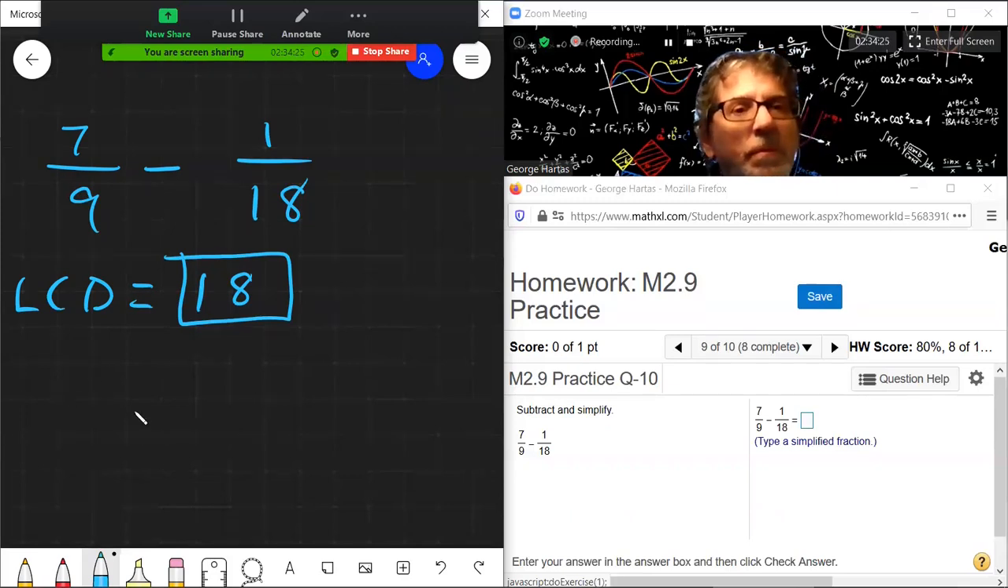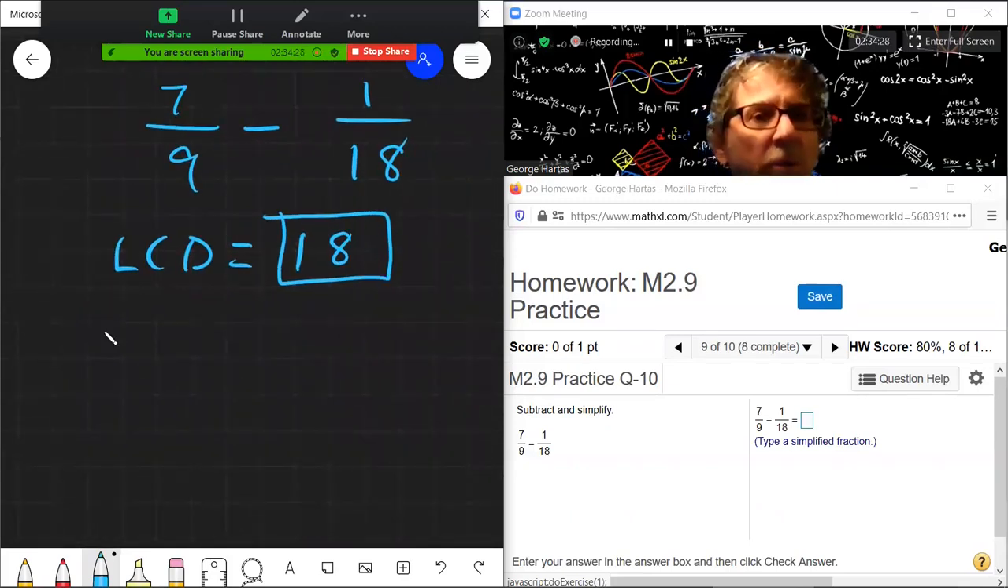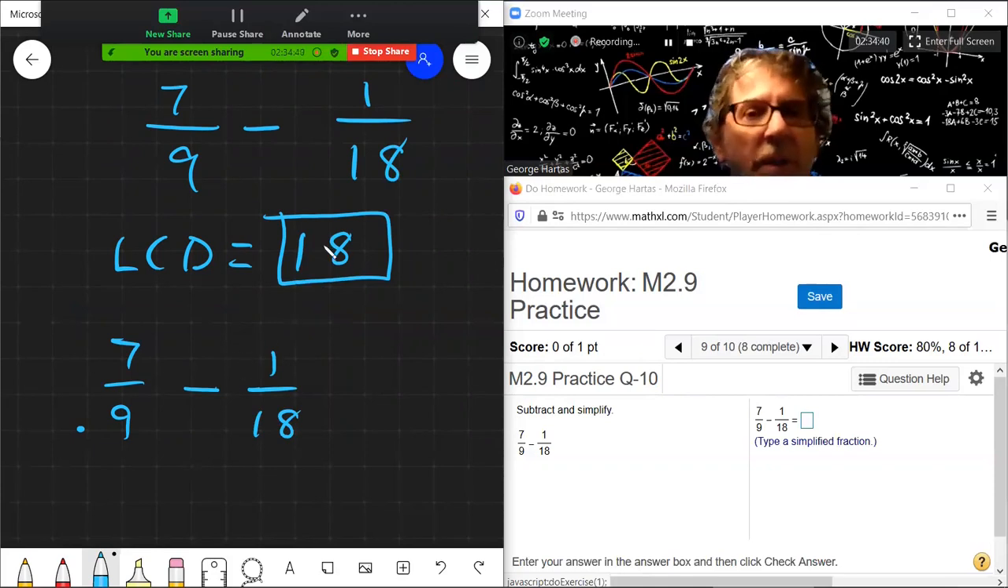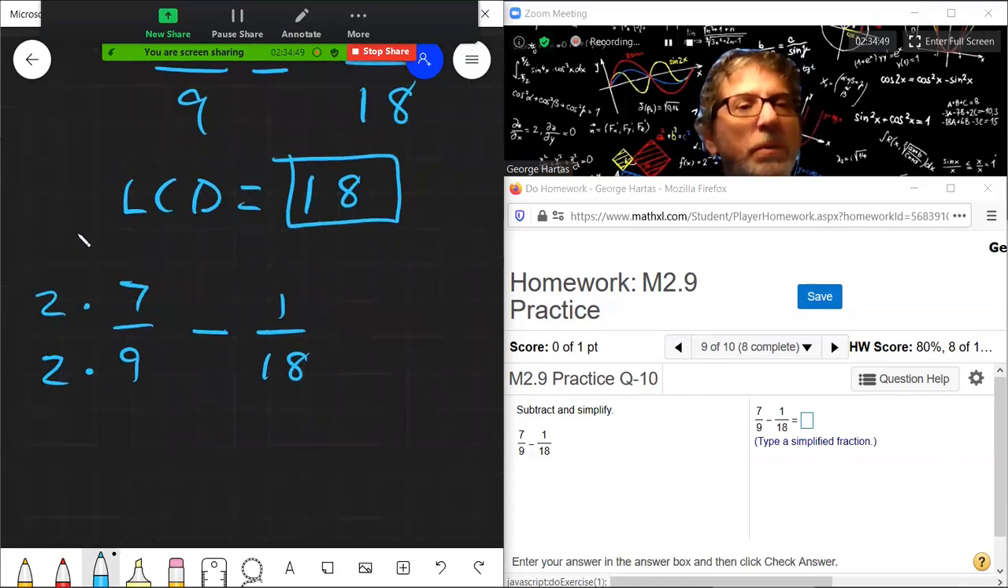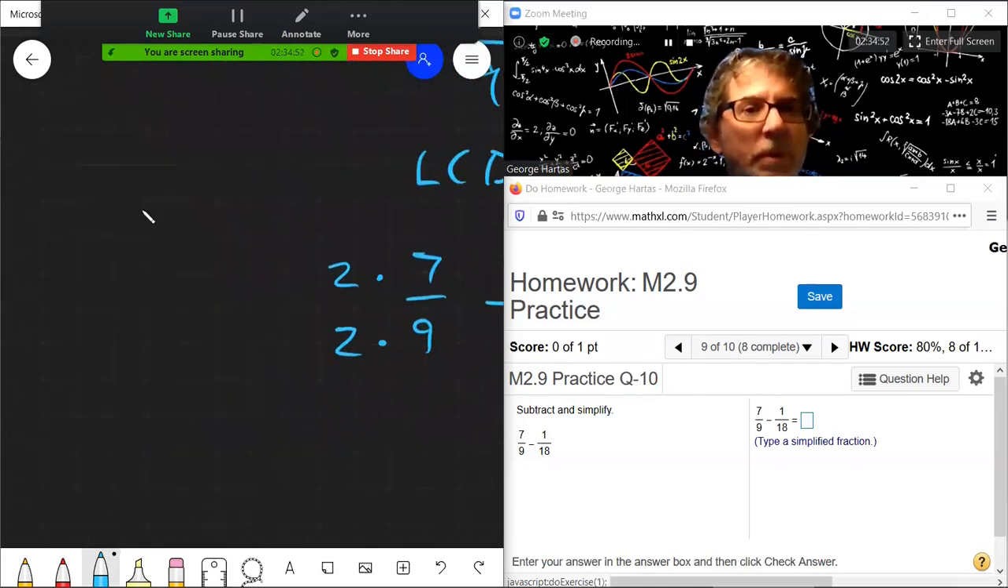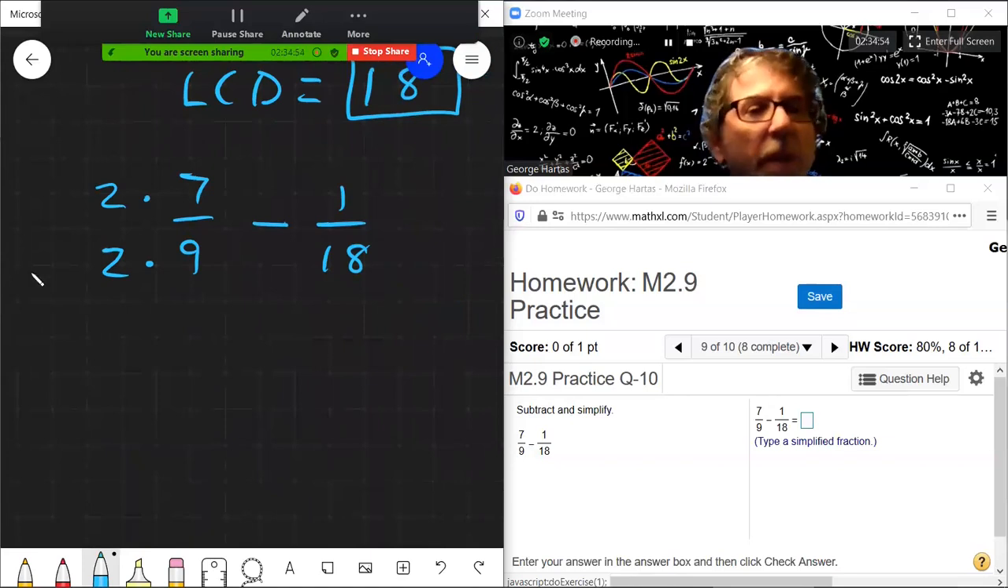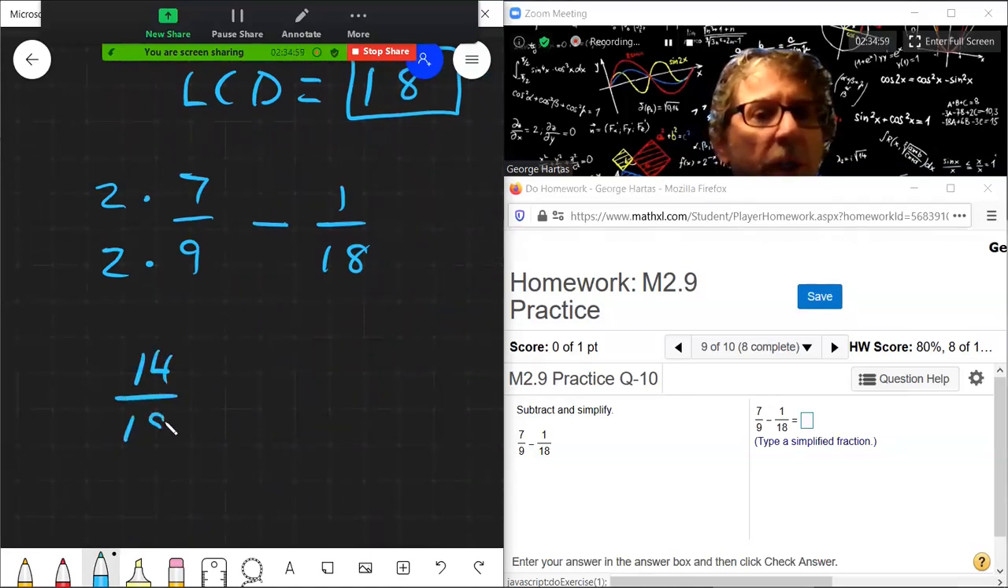So, rewrite. Minus 1 over 18. We'll leave this right here. There's no reason to multiply by 1, right? We got the same denominator here. All right, so 2 times 9 is 18, which means we got to multiply the top by 2. There we go. So we multiply this out. We get 14 over 18